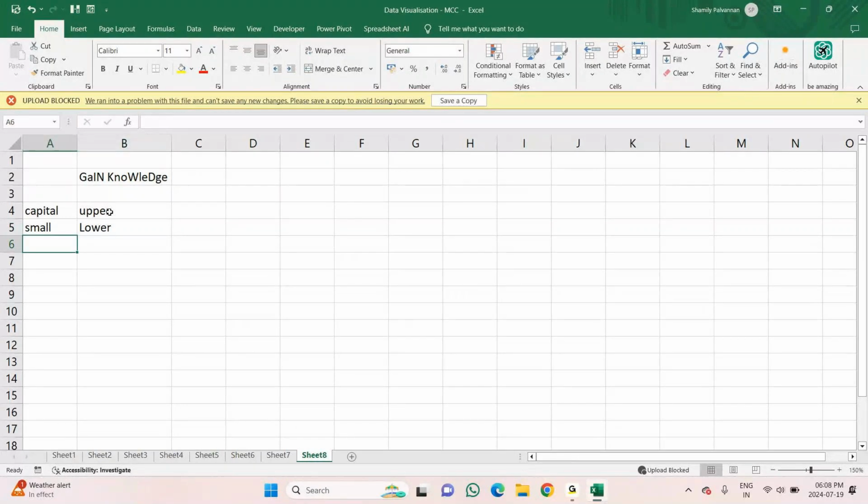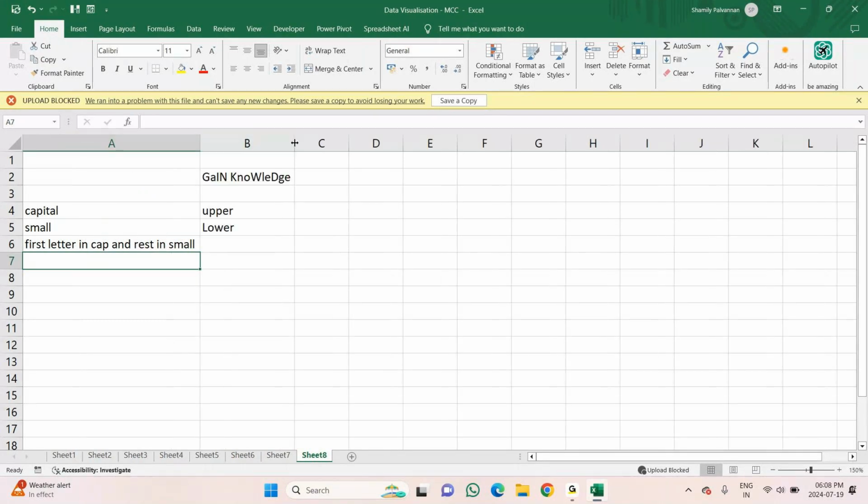And the first letter in a capital and the rest in small letters, the sentence case, this we need to convert. For this we call it proper case. Let's try how we are going to convert it.